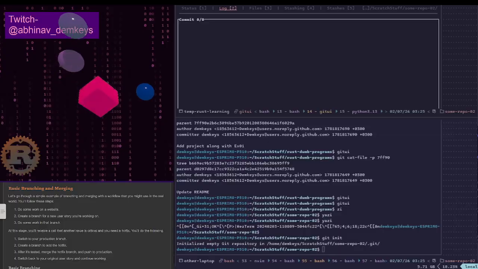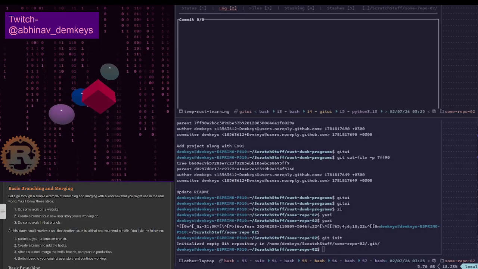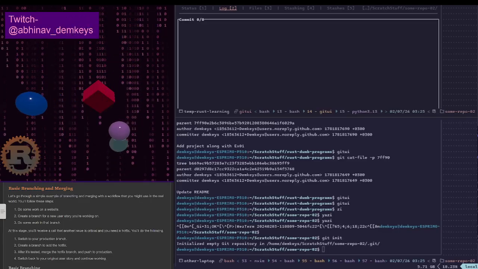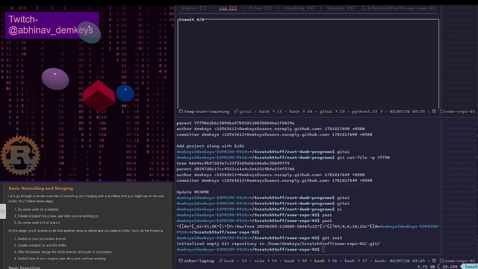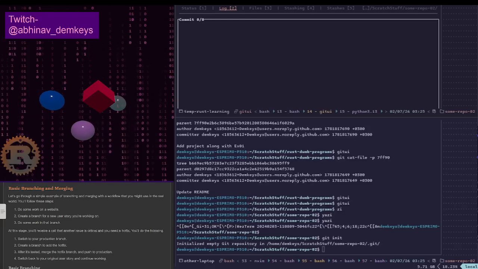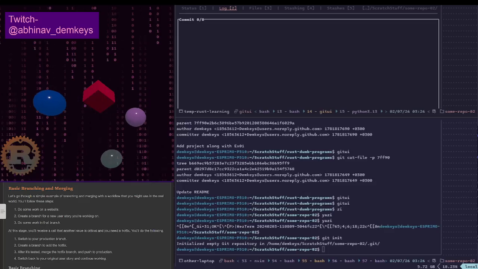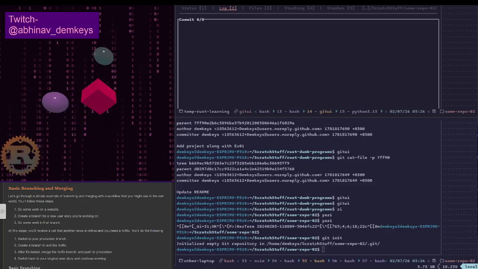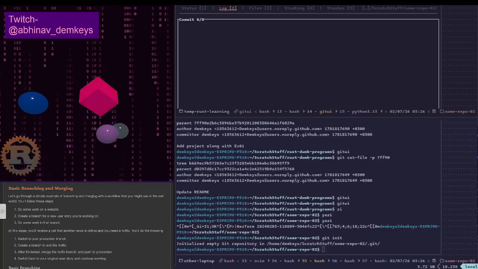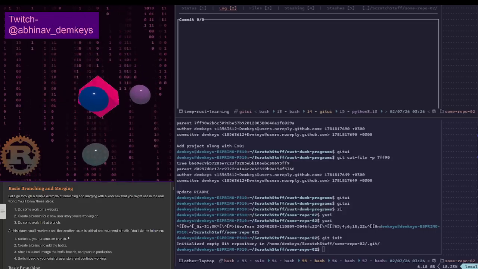For some reason, this GitHub thing is just not loading, like the tab that I have open. Let's try this one more time. Yeah, I think I'm going to need to close this browser and reopen it. Well, this is all on the other machine. So yeah, I'm just going to close this browser and we're going to continue reading this.